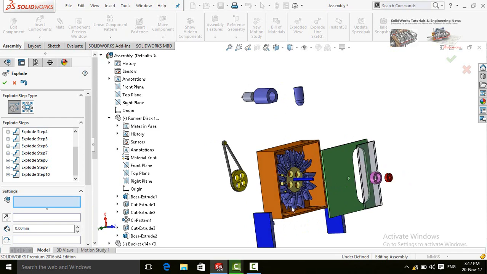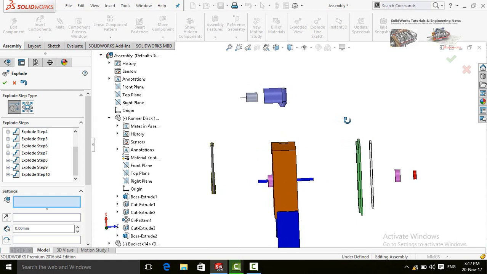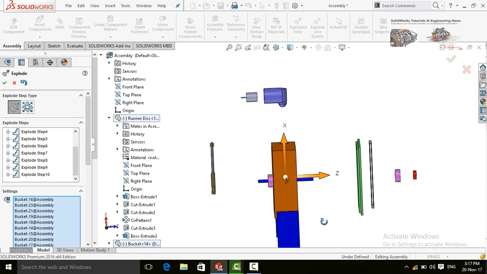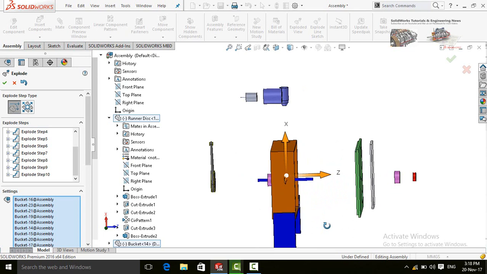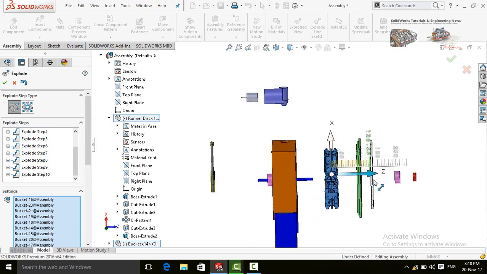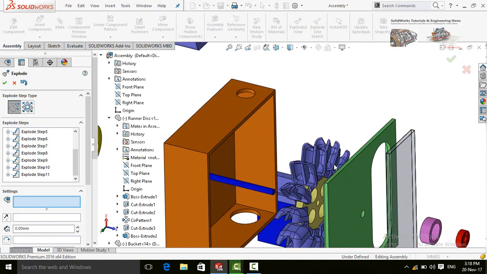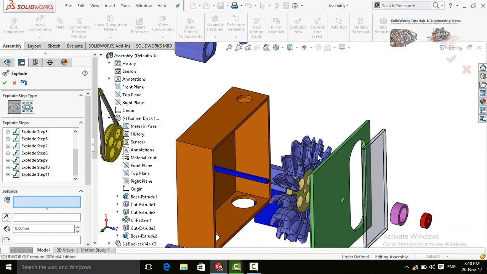Runner disc with all buckets. Now removing only one bucket.